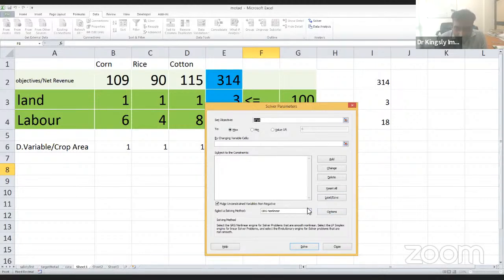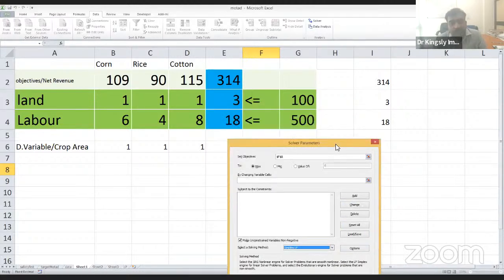Then comes which solver you are using, whether simplex LP, GRG nonlinear, or evolutionary. These are not needed. You only need to worry about simplex LP. Okay, this is the solver. We studied only simplex LP in our MSc, that is how to solve it. But what we have actually done is the formulation. The formulation is what you need more; the solving, the computer will take care of. Okay. So now,